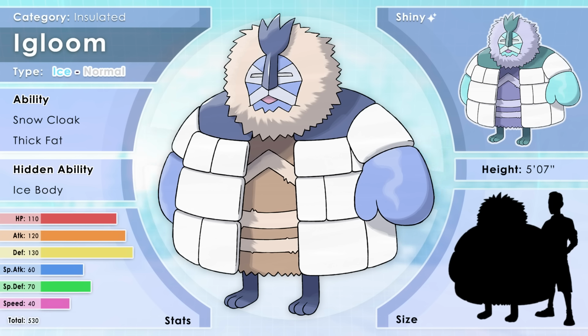Their tiny legs are able to carry the weight of their multiple coats, however speed is sacrificed in the process. They have the abilities Snow Cloak and Thick Fat, with the hidden ability Ice Body. Their shiny appears to be even more cold. It was really fun incorporating real-life inspirations into this Pokemon. When you're a kid, you don't realize how many cultural and biological origins Pokemon have, so it was pretty tight